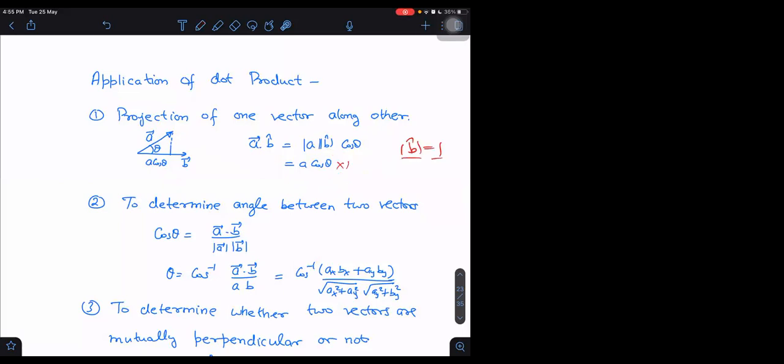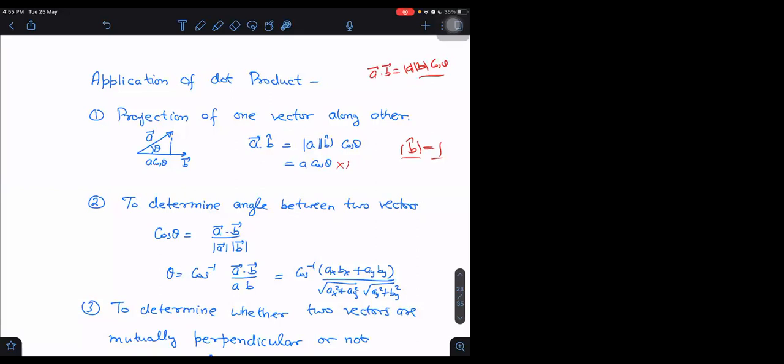And then this is also this. Why? By the definition of the dot product. What is the definition of the dot product? A dot B is equal to A magnitude into B magnitude into cos theta. So I have done that only. I can take this as A dot B cap. Understood now, right?